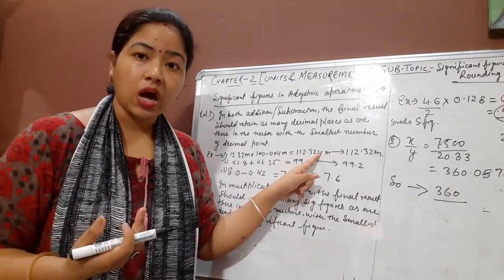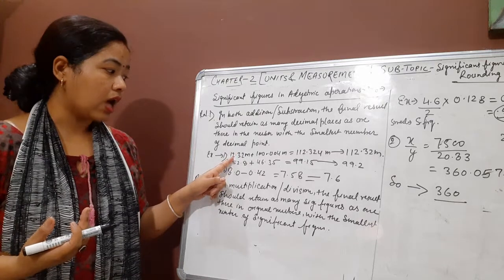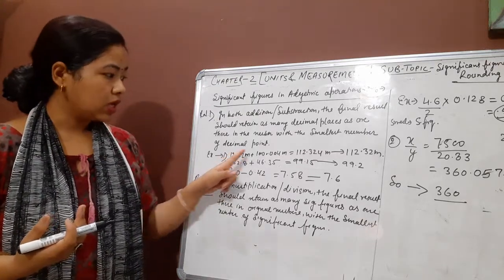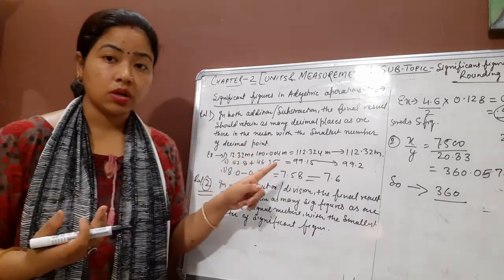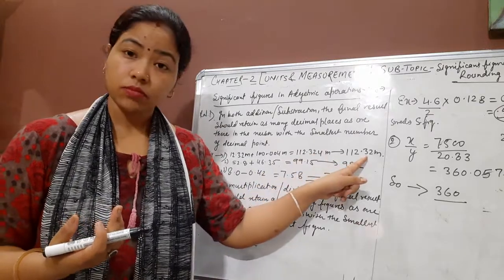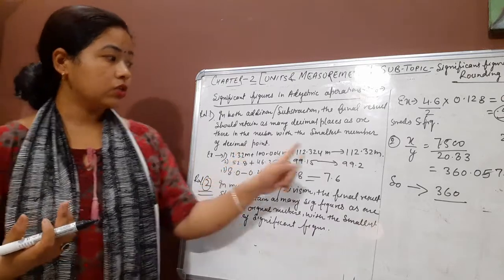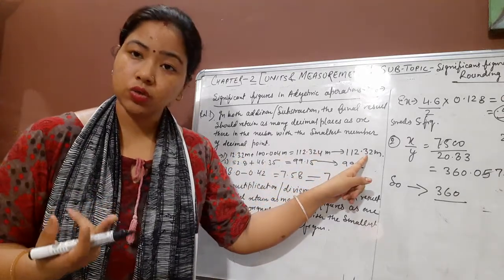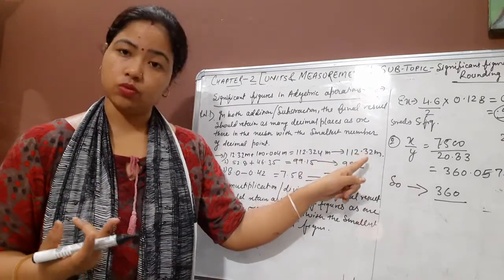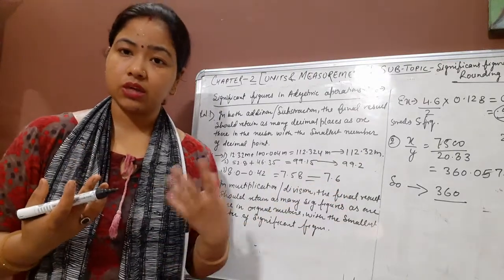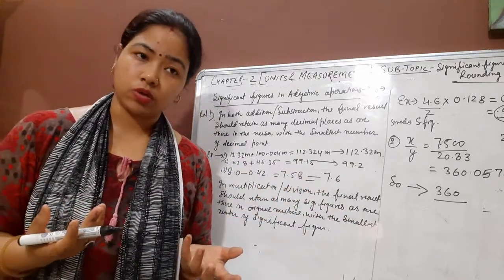No. We will count the significant figures in the result as the least digits are in one of the given digits. That means, in this one we are having 6, in this we are having 4. So we'll count in the final result up to the 4. That means after the decimal point there are 3 and there are 2. So after the decimal point we will count up to the 2 decimal places, that means 2.32. Then if there are 3 digits after the decimal, we'll count up to the 3.